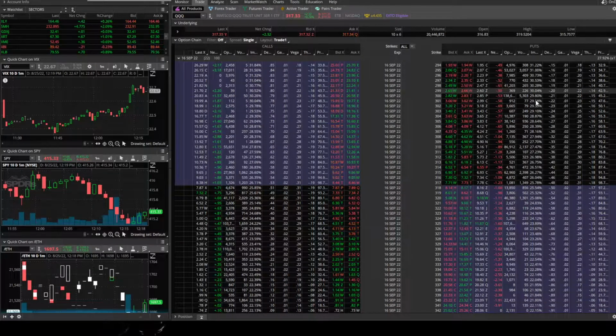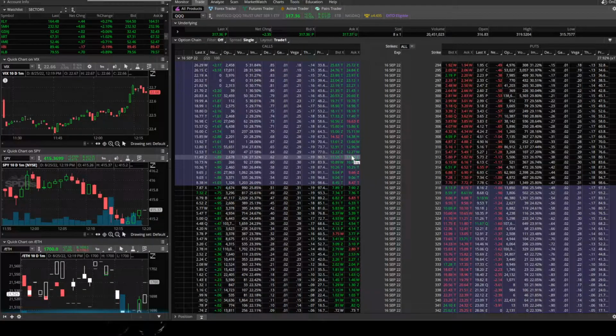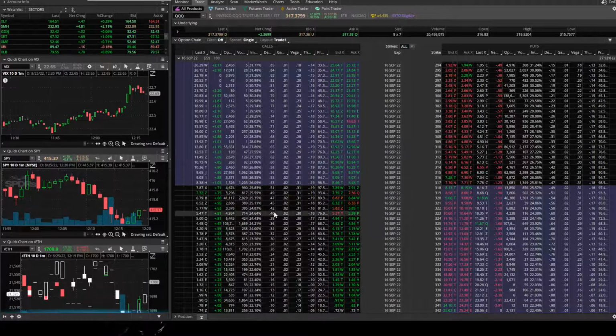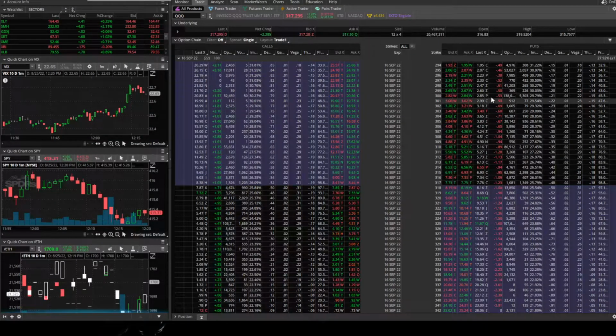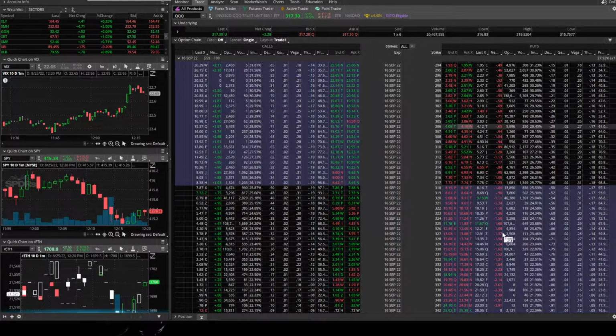As you can see here too, we've got a huge OI in the 300s for the September options expiration. So at 300, there's a lot of open interest on the put side, and a decent amount on the call side. Usually a lot of the QQQ options market is driven more by retail than institutions, more so than SPY. So usually we're going to see the large OIs out of the money on calls. Okay, so if SPY and SPX drop, we could definitely see dealers on the triple Q, and a lot of the triple Q stocks, also have to run for cover. So we're seeing kind of a similar thing already.